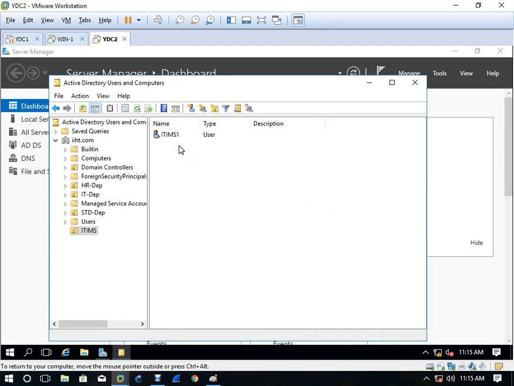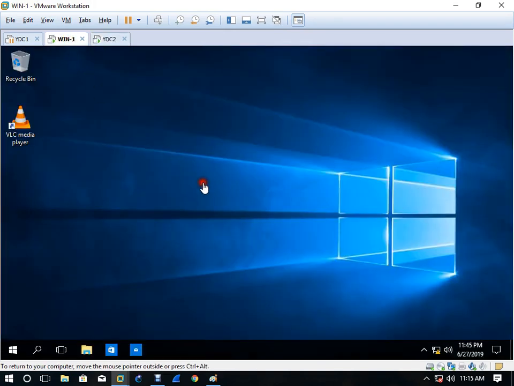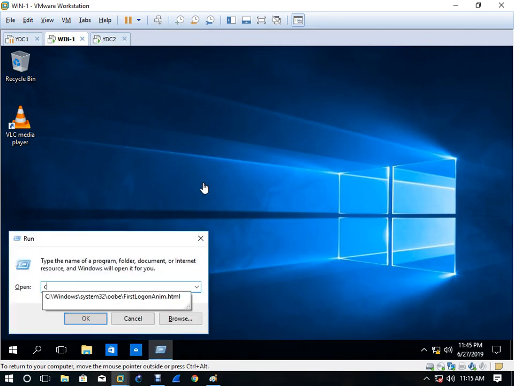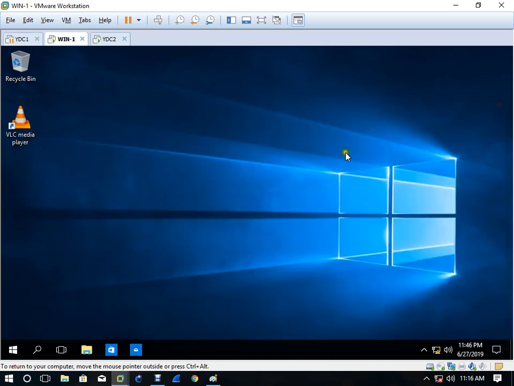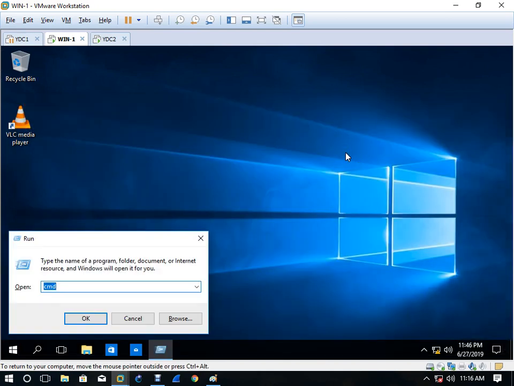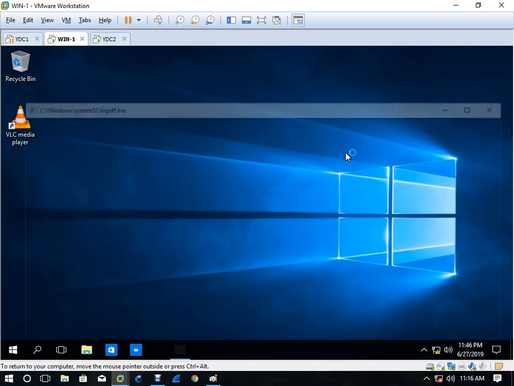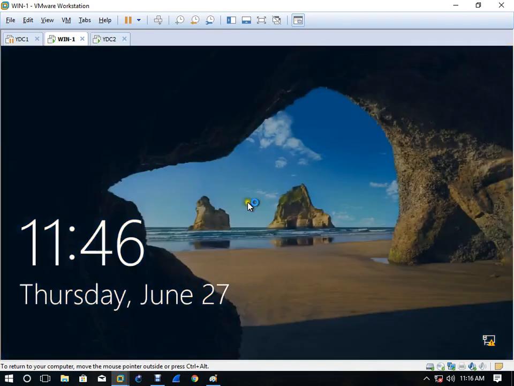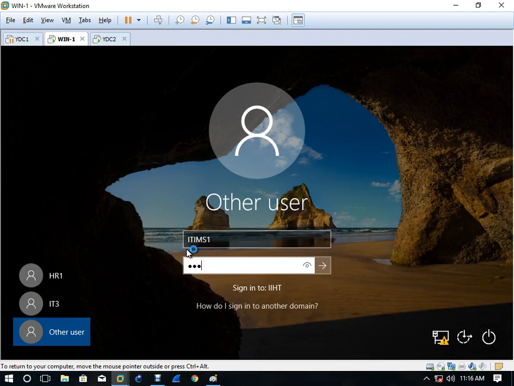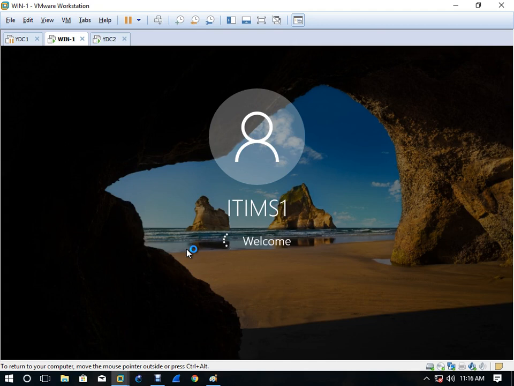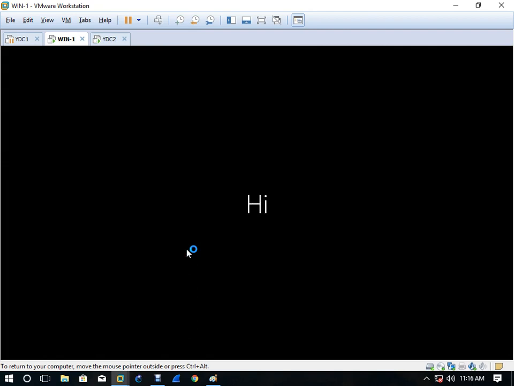I created ITIMS1. Now let's see, I have logged in with HR1 when the server is down. Now let's log in with ITIMS1. Okay, successful login.